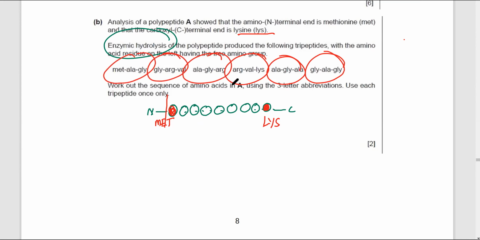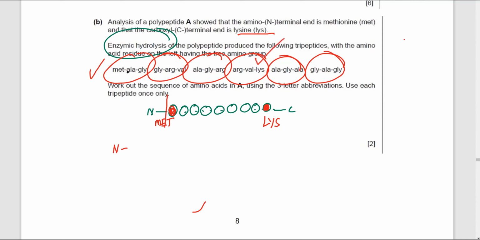So say work out the sequence of amino acids in this by looking at this. ठीक है, remember it's like a puzzle. Remember this. और से क्या, use each tripeptide only once. ये भी शर्त रख ली है कि जो चेन बनेगी उसमें ट्राइपेप्टाइड रिपीट नहीं होना चाहिए. To work out the sequence of amino acid. Now the first one is methionine. तो अब met कहाँ पे आ रहा है? तो इसका मतलब है the first one. So I'm going to start making this up. ये पहली होगी, ठीक है, दिस इज नंबर 1, और मुझे लास्ट का भी पता है,